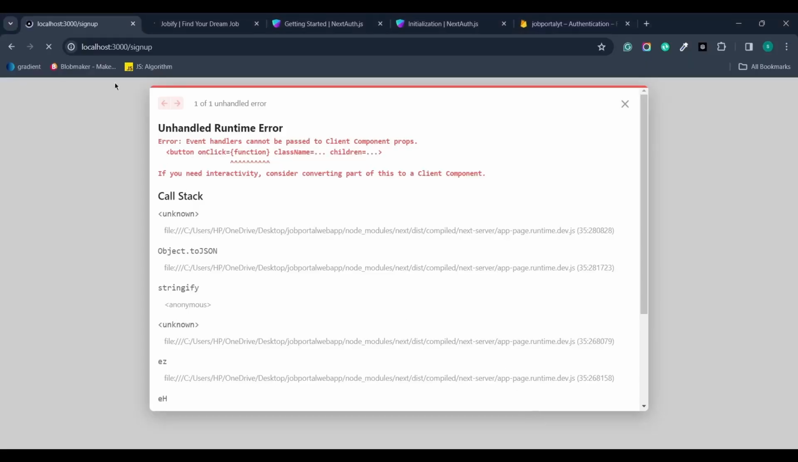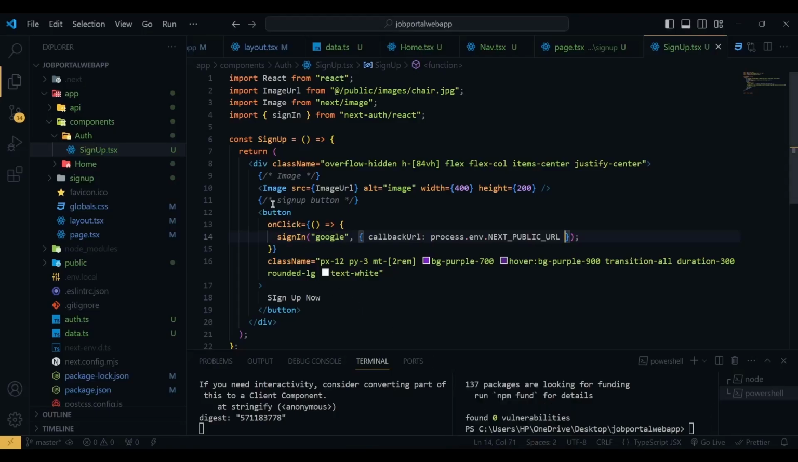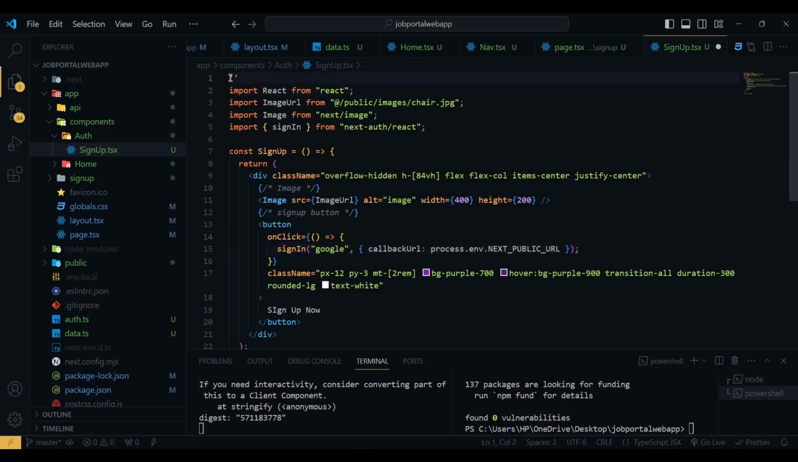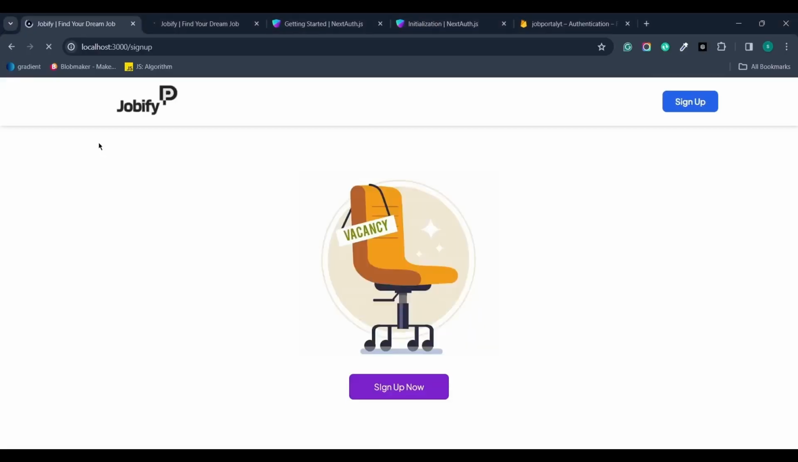If I use signIn here, we have to make it a client component. So here I'm going to use 'use client'. If I use 'use client', then it will work. So now you can see the error is gone. So if I click the sign up now,